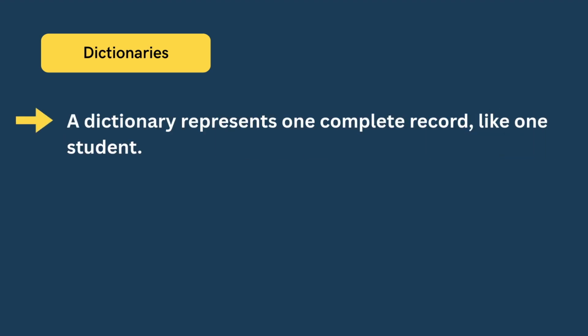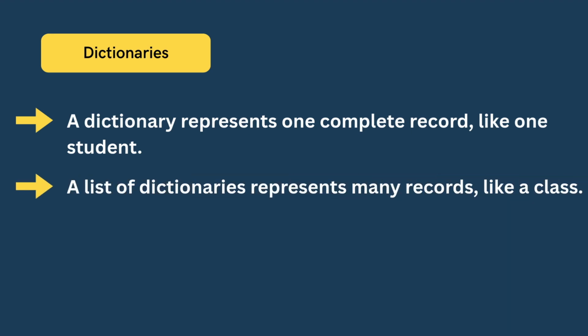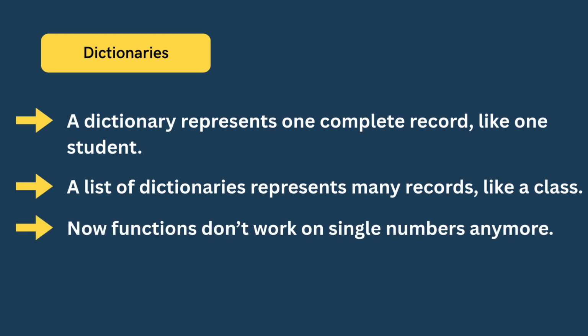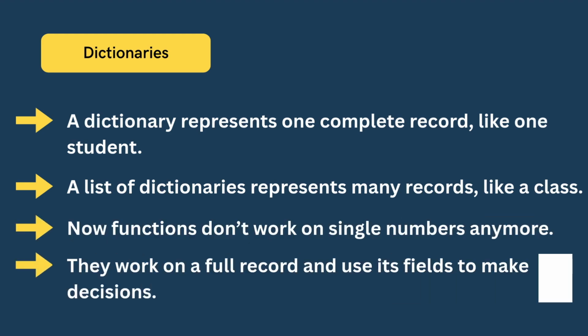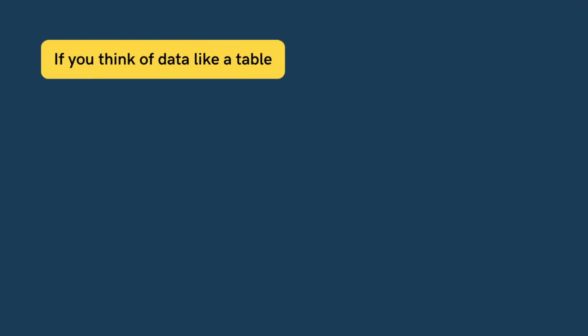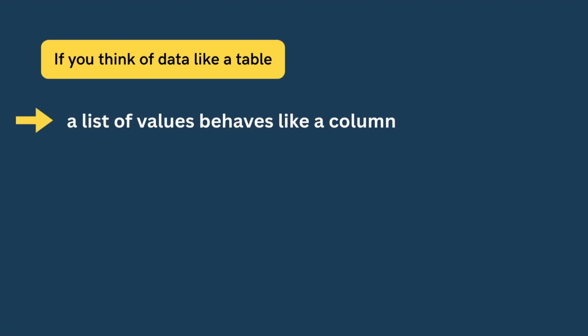A dictionary represents one complete record, like one student. A list of dictionaries represents many records, like a class. Now functions don't work on single numbers anymore. They work on a full record and use its fields to make decisions. If you think of data like a table, a list of values behaves like a column, a dictionary behaves like